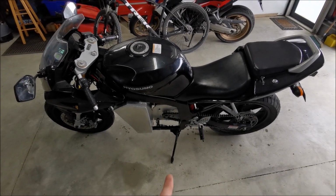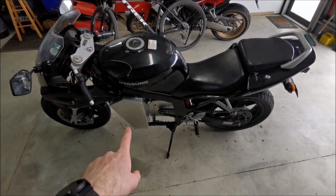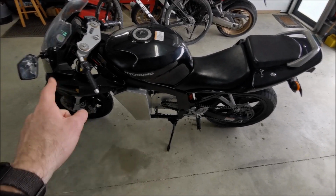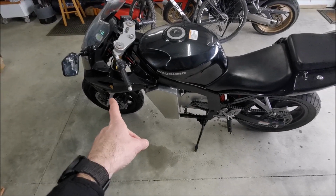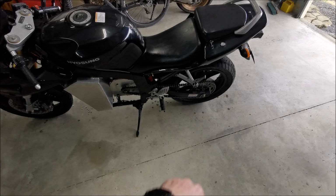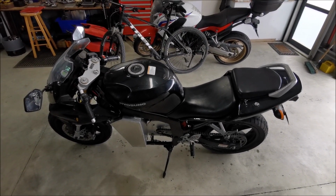Like, you feel like you've got a lot of torque while you're riding it. To get this legal, I need some stickers, some high voltage stickers all over the place, and I also need some front indicators, which I didn't get with the bike. So I've ordered some, but they're stuck somewhere. So yeah, I'm going to go ahead and get the sprocket cover and the chain guard on, and then pretty much ready to look at